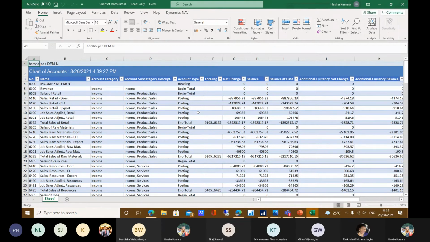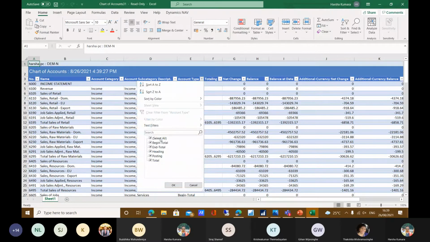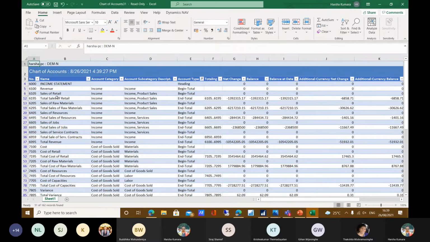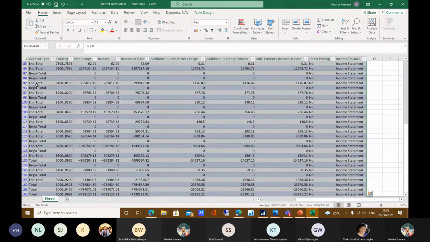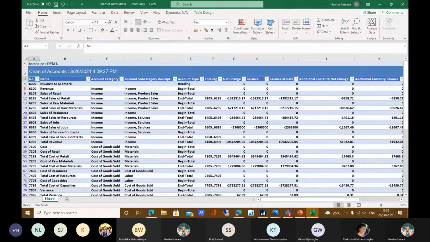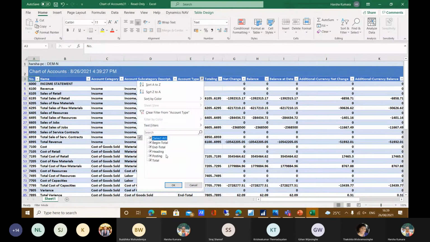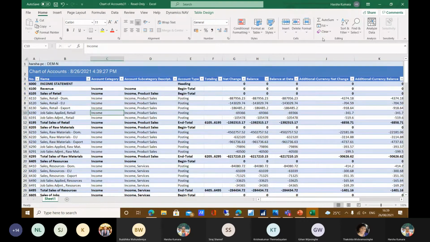Here we can highlight our posting accounts. We are removing our posting accounts, and we can highlight your headings and all heading accounts, and the end total and the begin total, all the accounts, and you can remove the filter. Then you can quickly transfer the same sheet to the management, and this is your quick PNL.